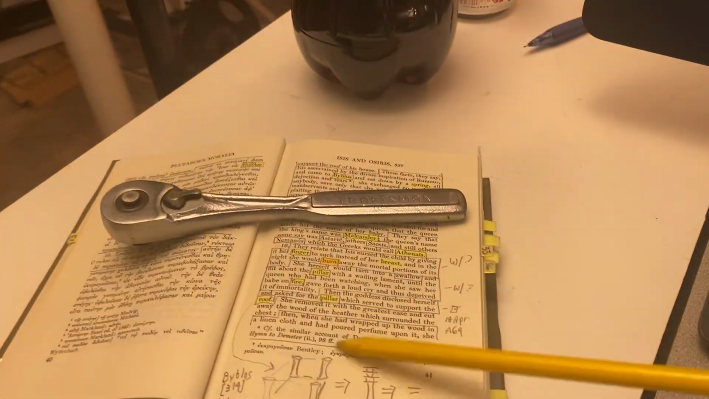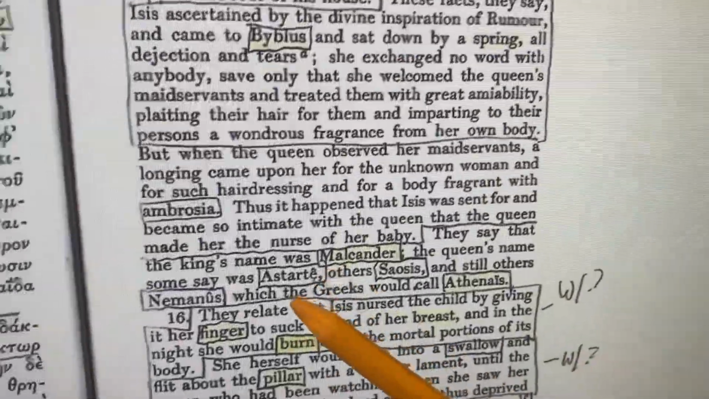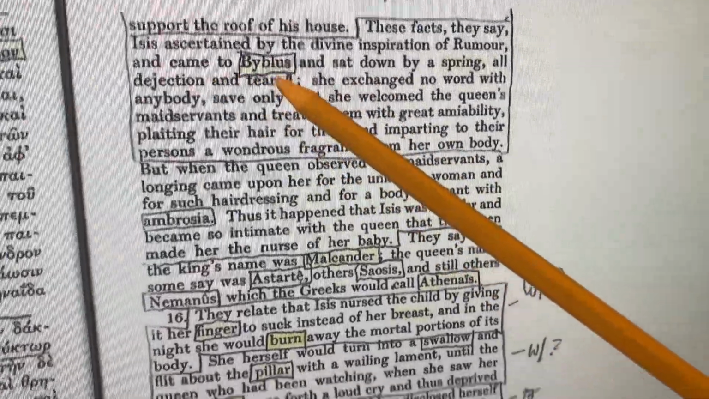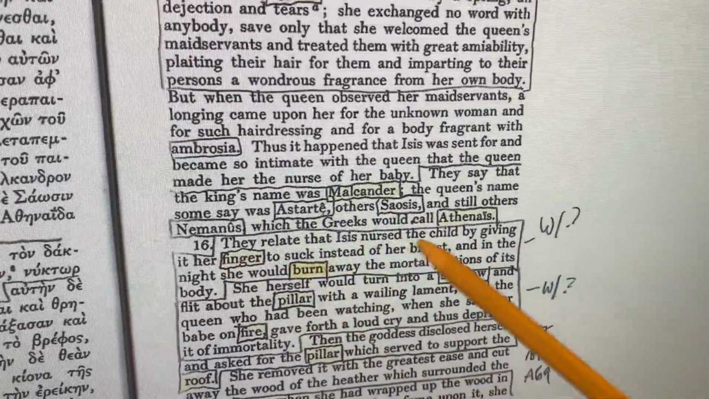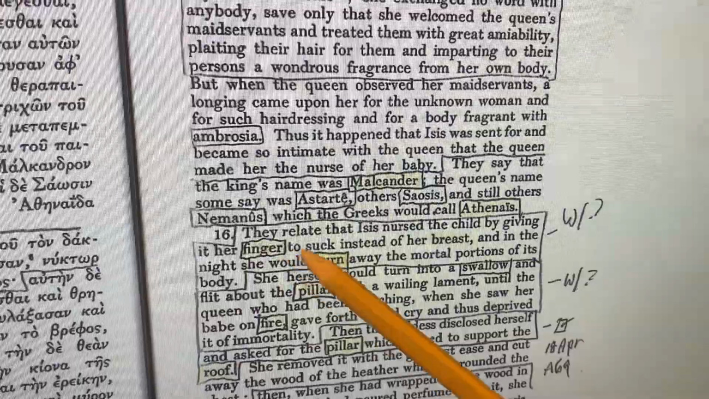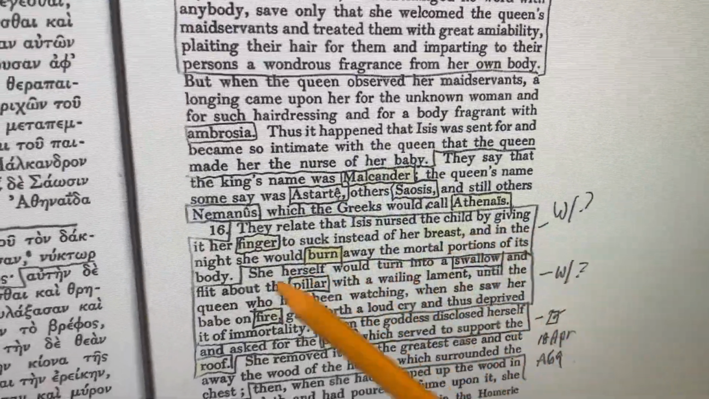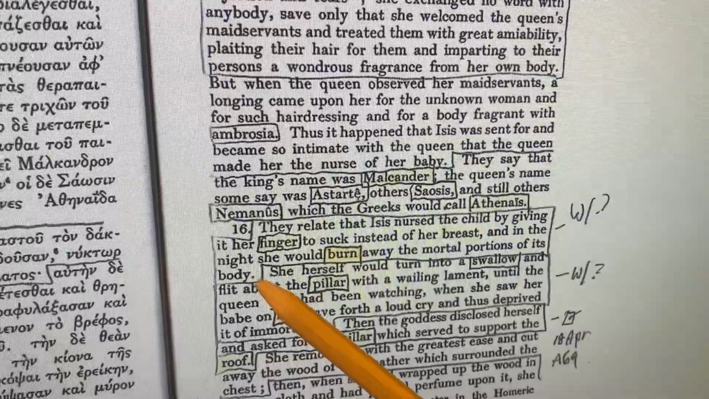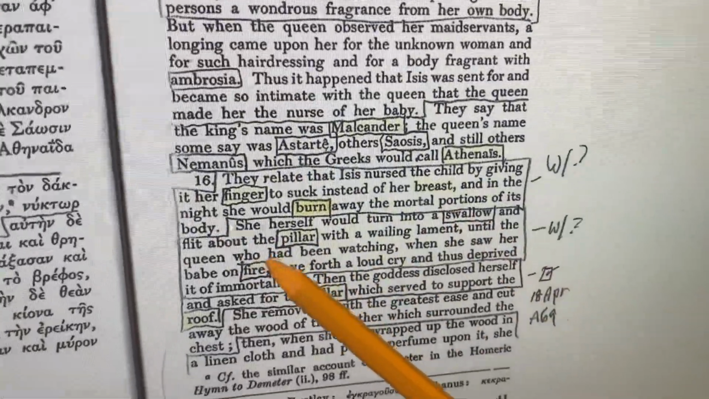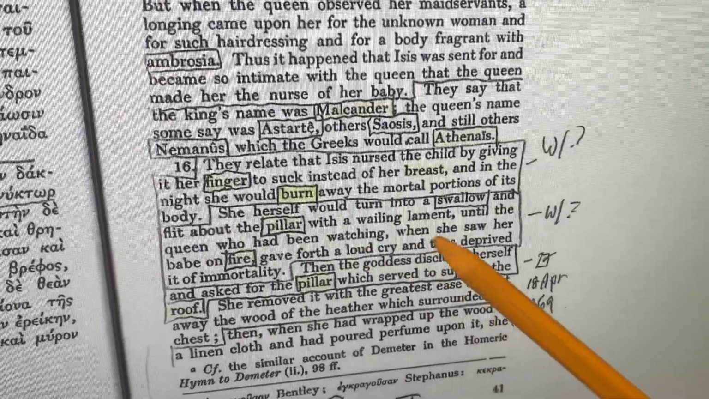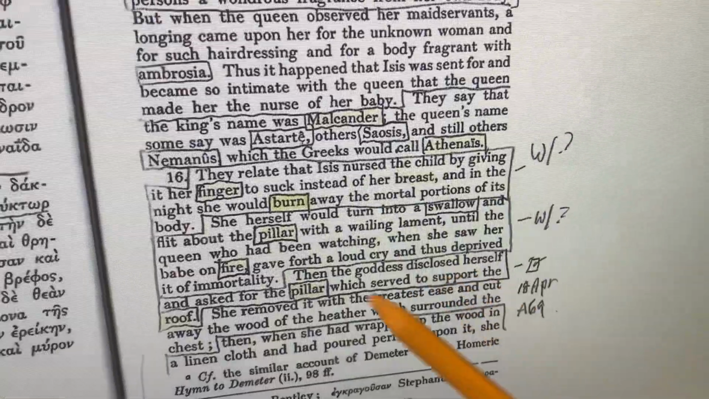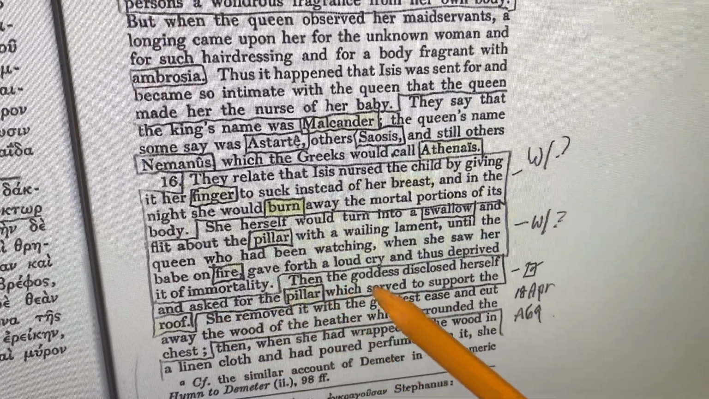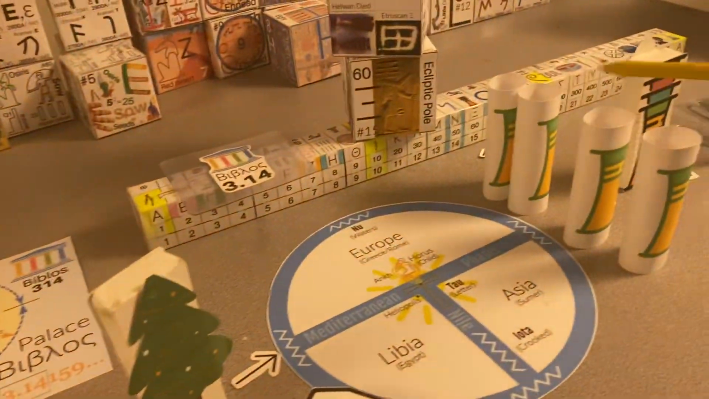until today when reading Isis and Osiris, wherein we see that the chest floats to Byblos, and then Isis has to nurse the child by letting the child suck on her finger instead of sucking on her breast. And in the night she would burn away the mortal portions of her body, and she turns into a swallow. And then she flits about the pillar, and she lights the baby on fire. And also the goddess disclosed and asked for the pillars which served to support the roof. So those are the 4 pillars that supported the roof of Byblos,